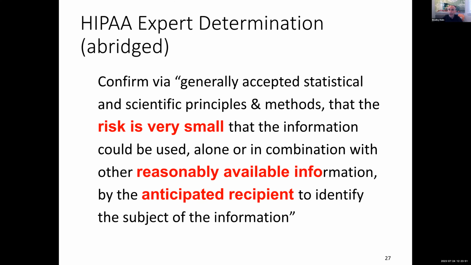So we kind of stood by this interpretation of the way the federal regulation is written that talks about risk and says that there's an expectation that if you're going to share data, you need to show that the risk is very small. Now, what exactly is that? How do you define risk is what I'm going to come to in a moment. But what's notable about the way the regulation is written is that you need to show that you have an adversarial scenario in mind. You have an anticipated recipient. And then you have to make this decision about what is reasonably available information that recipient could use to commit the identification, right? I showed you an example much earlier with the governor, but that's a very special case.